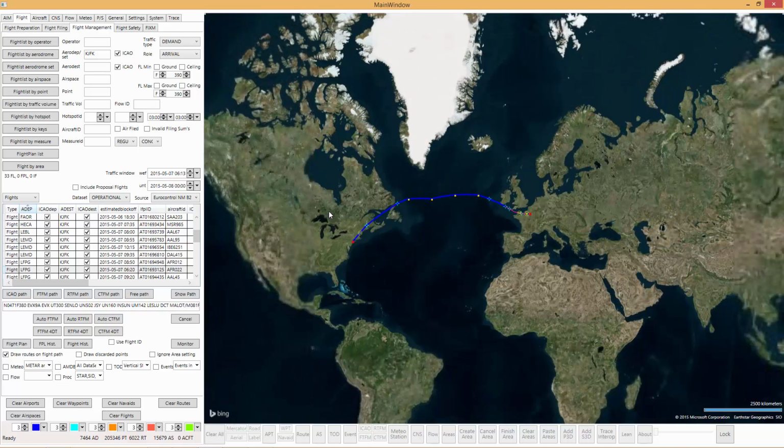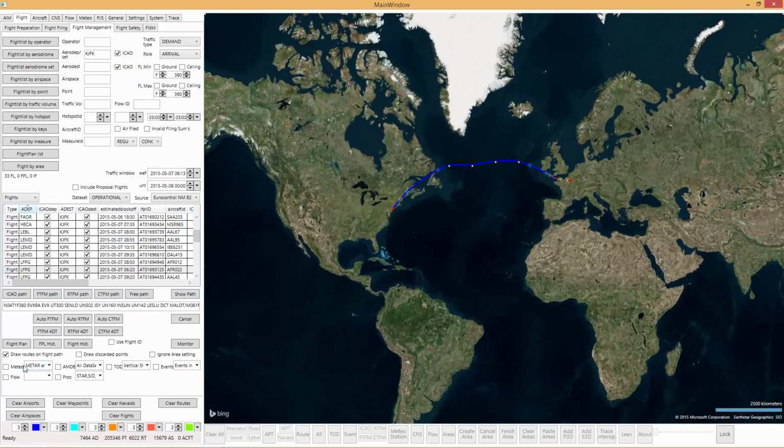Of course, we want to add some more data to this map. I'm going to add meteo data, and we'll say meteo around the flight path. I'm going to add AMDB data. I'm going to add some obstacles, some digital NOTAMs I have, and STARs and SIDs. By clearing the path and showing it again, you'll now see that all this information is displayed for this specific